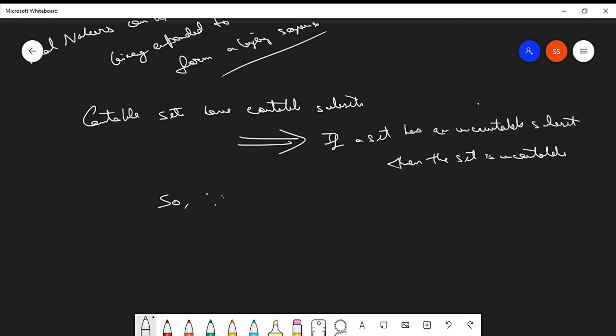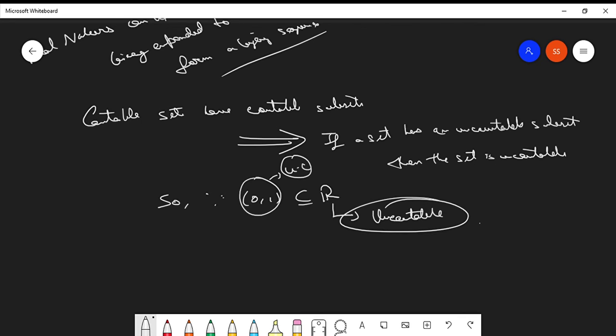Since (0,1) is basically a subset of R, and this is uncountable, from here we get that the set of all real numbers is also uncountable. Is this understanding clear, that the set of all real numbers is uncountable and not countable? You people might have thought that since integers and natural numbers are countable, there can be a possibility of the real numbers becoming countable too, but the set of all real numbers is basically not countable. I guess it's clear.